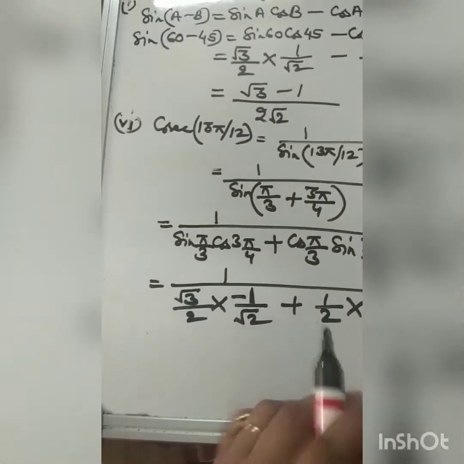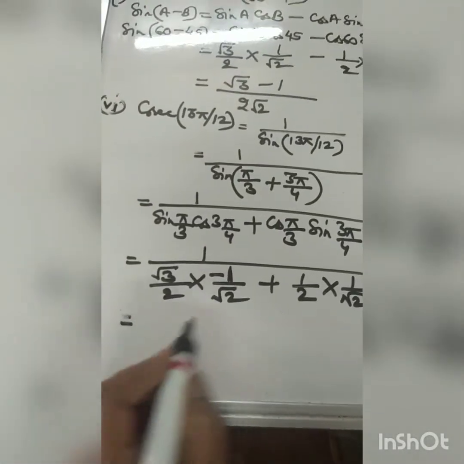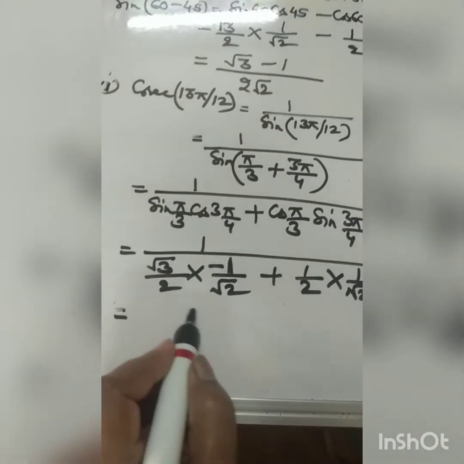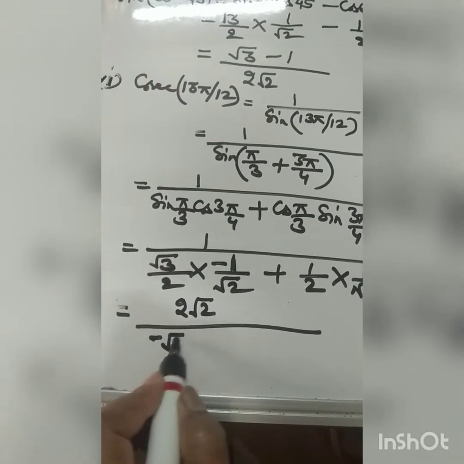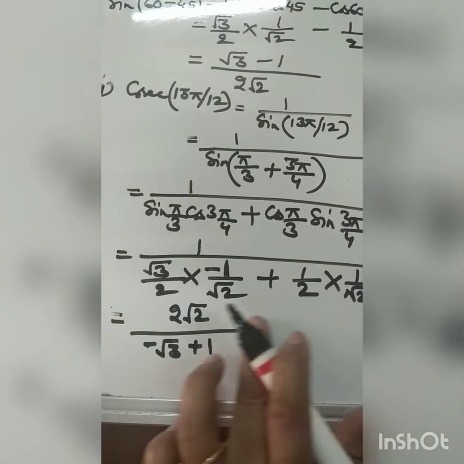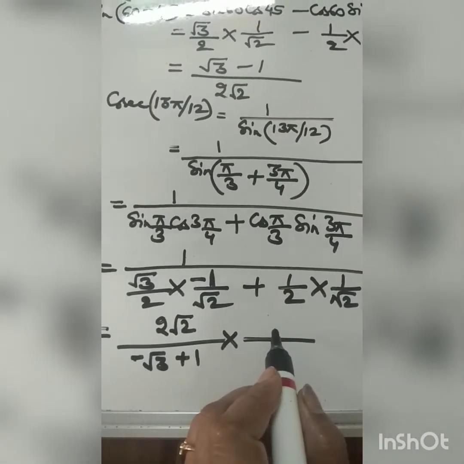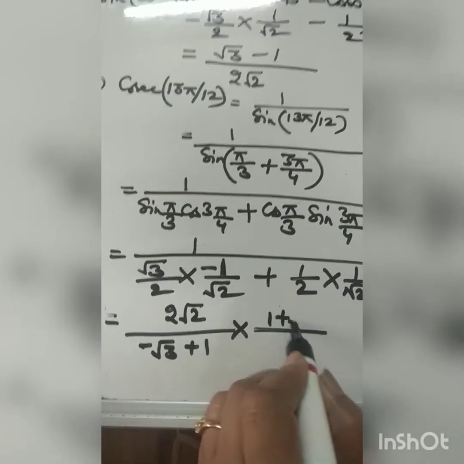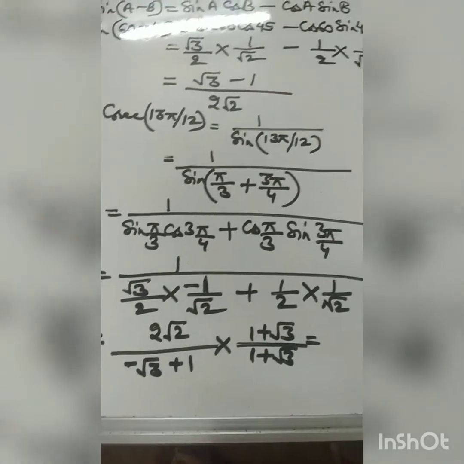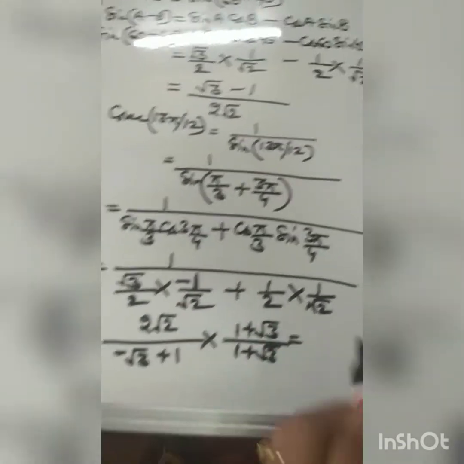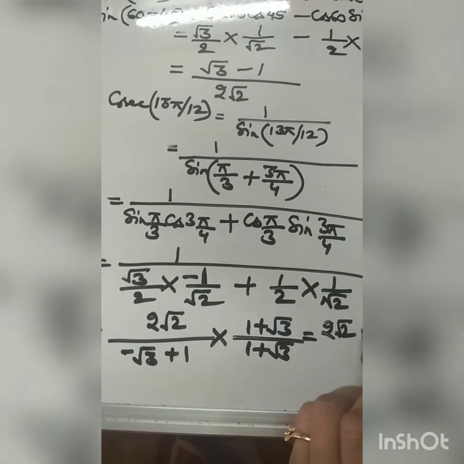Now, try to simplify. If we simplify, the LCM will be 2 root 2, which I am writing above, that is in the numerator. Denominator will be minus root 3 plus 1. Now, with minus root 3 plus 1, we can rationalize it further. Multiply by 1 plus root 3, numerator and denominator both. If you multiply, what you get is 2 root 2 into 1, that is 2 root 2 again, and